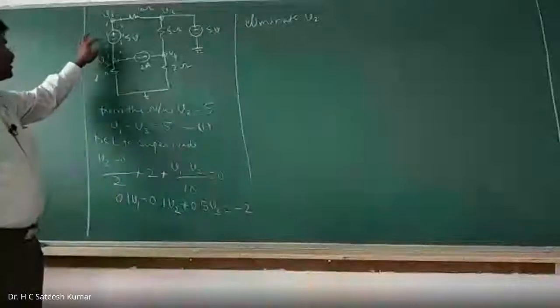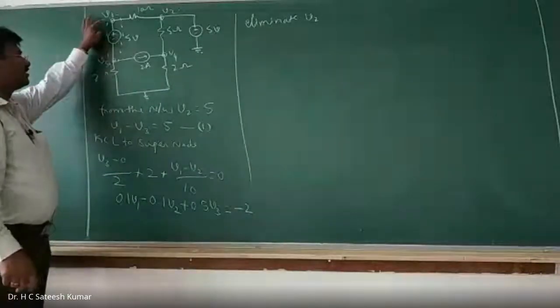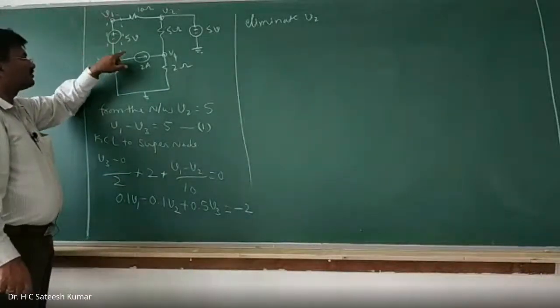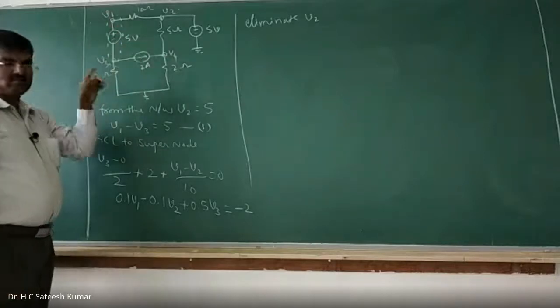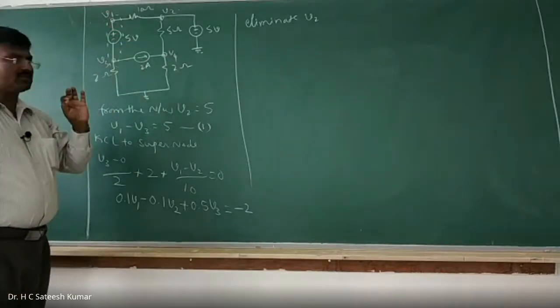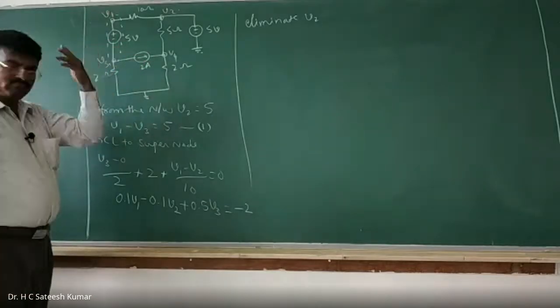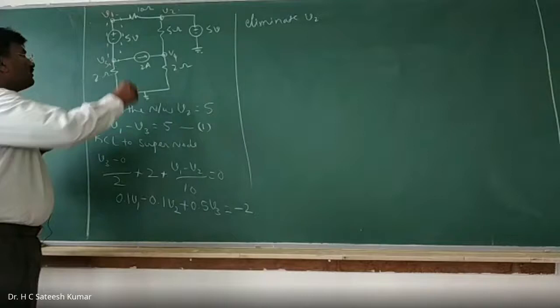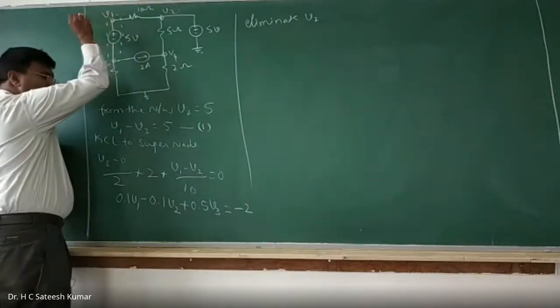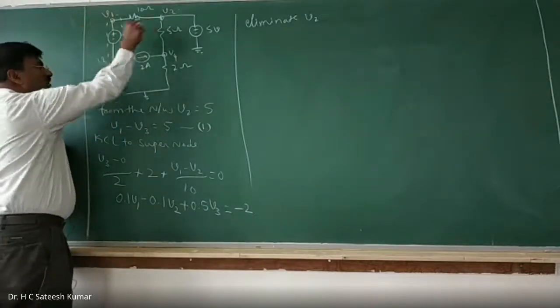Sorry. See this one, once again I'll repeat. What is it that we have? V1 for this one. Find the node voltages using nodal analysis, it said. And what is it that we have? V1, V2, V3 and V4. He himself has given, even though this is not a junction, he has given it as V1, a node voltage. V1, V2, V3 and V4.